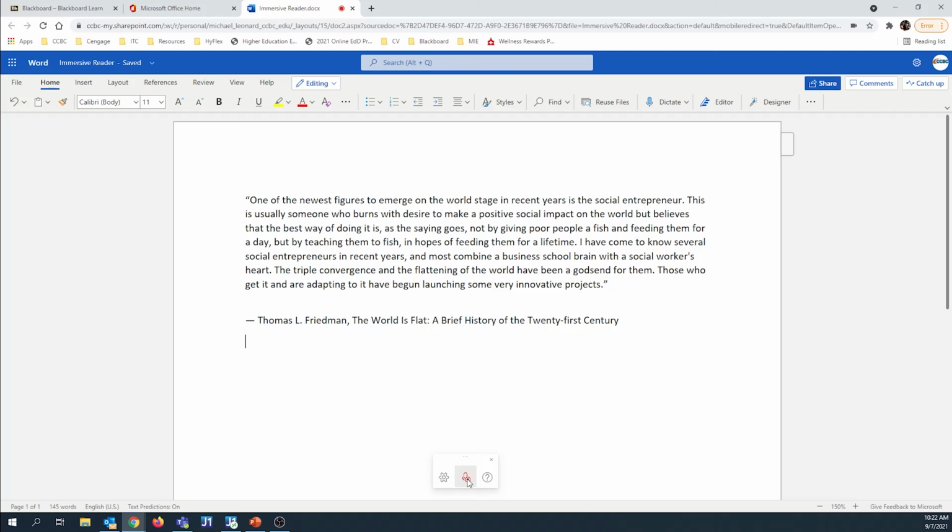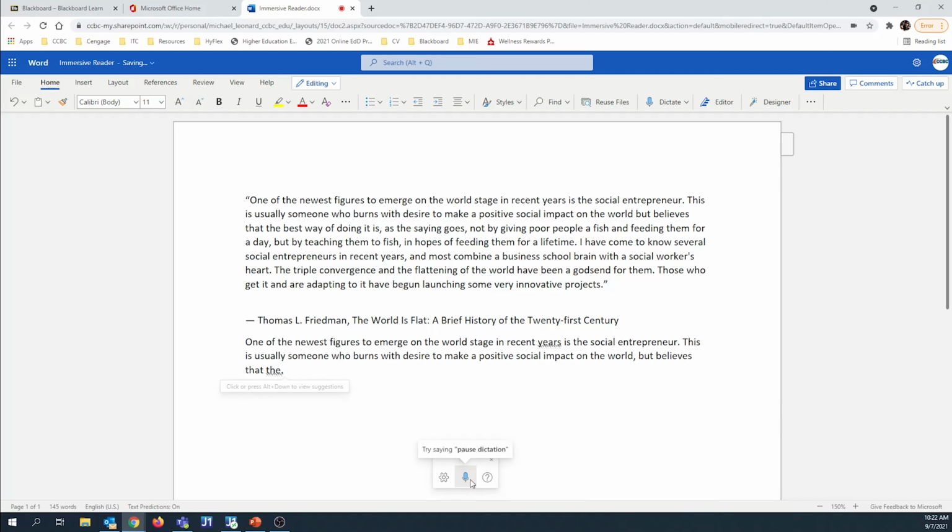One of the newest figures to emerge on the world stage in recent years is the social entrepreneur. This is usually someone who burns with desire to make a positive social impact on the world, but believes that